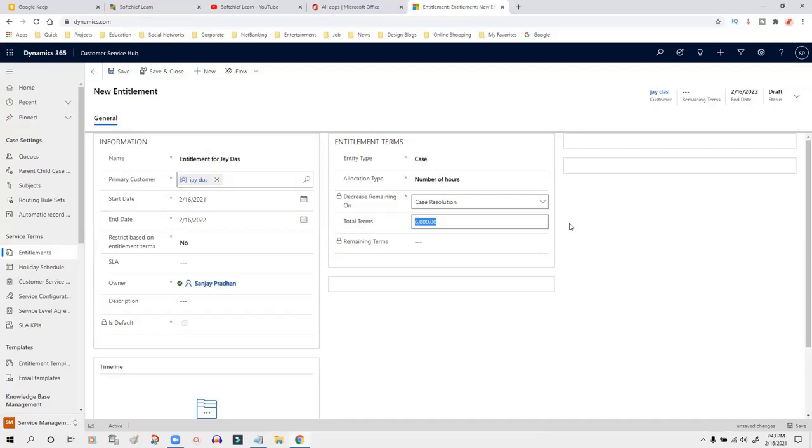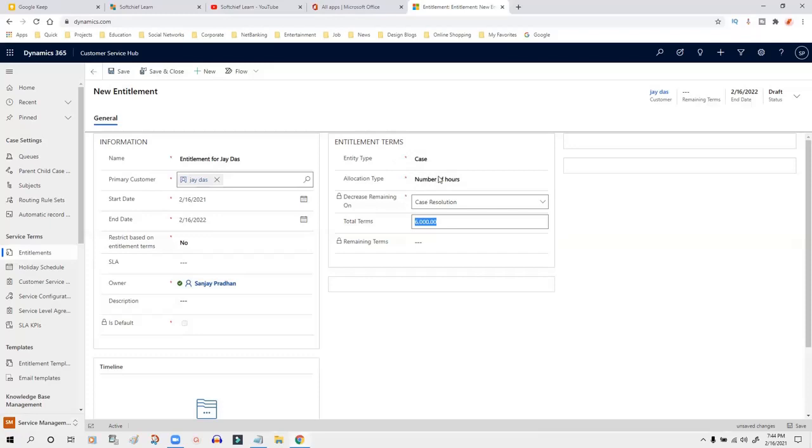So this kind of restriction we can apply in the entitlement for specific customers, like insurance. For example, a real world example I am giving you, insurance products. When you are taking two-wheeler insurance for 1 year, it is expiring after 1 year, right? You have to renew that. So such kind of restrictions we can apply on this entitlement entity.